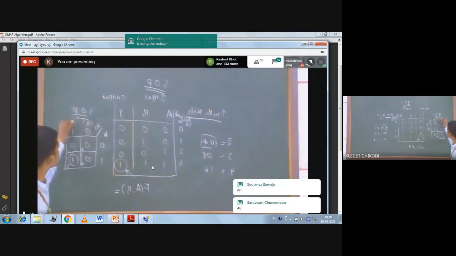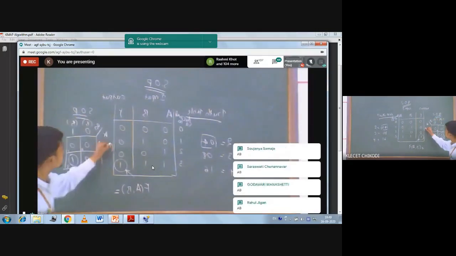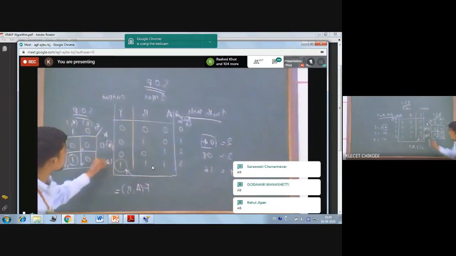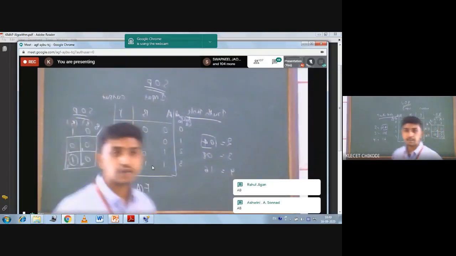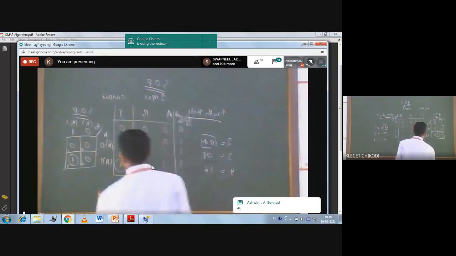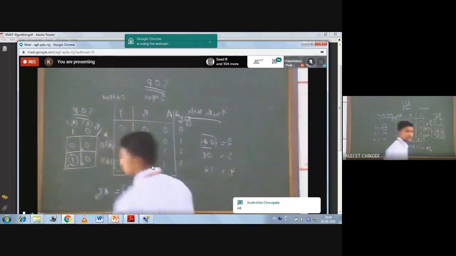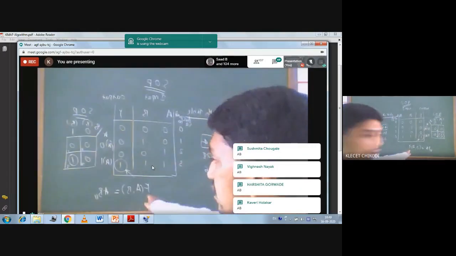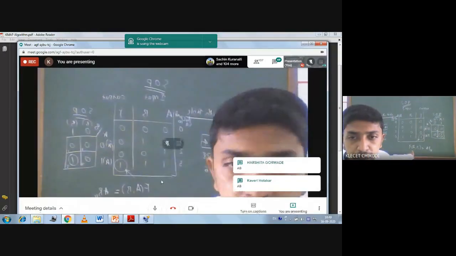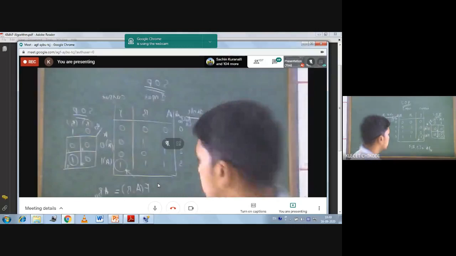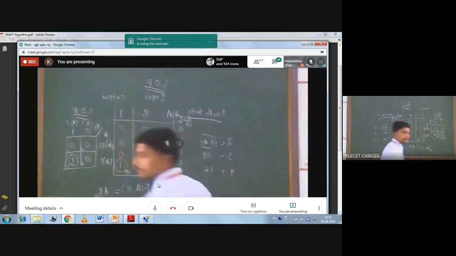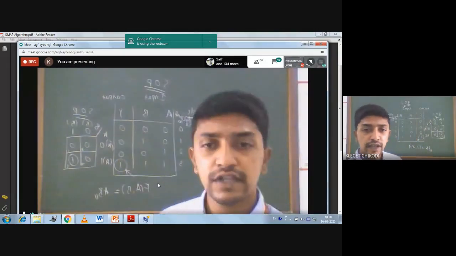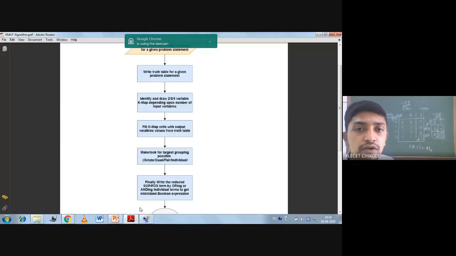This is B bar, this is B, this is A bar, this is A. So it will be AB. If you look for the AND gate truth table, you can see that the Boolean expression for the AND gate will be AB. Fine? That is A dot B or A into B. So is it clear? So this is how we are going.